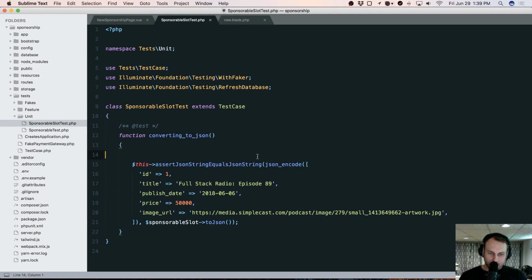Okay, so this is kind of what we're hoping to see. So now we have to do kind of our setup phase, right? Like where are we going to get this sponsorable slot from? So let's say we did sponsorable slot equals. Now I'm not going to use a factory for this because I